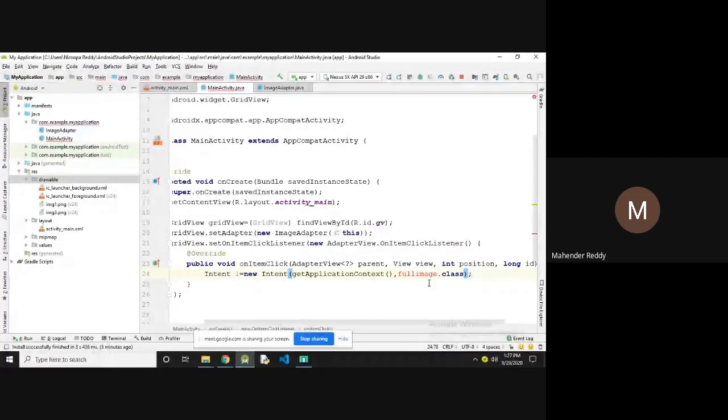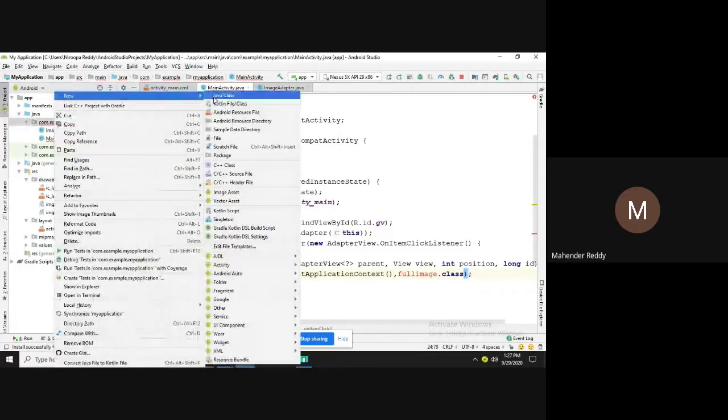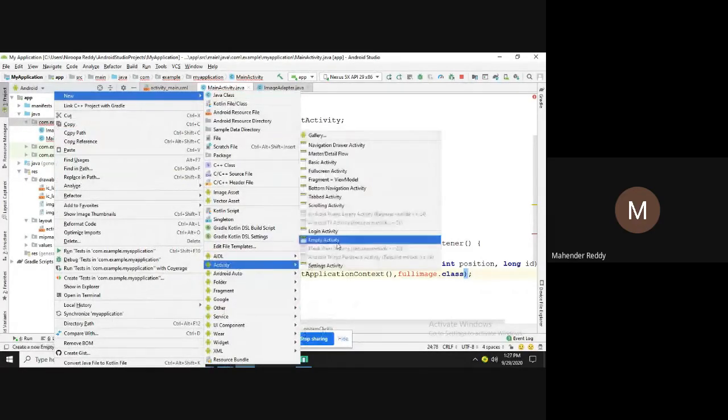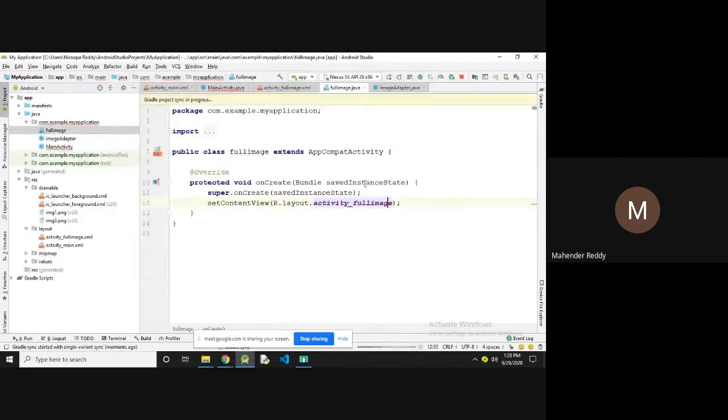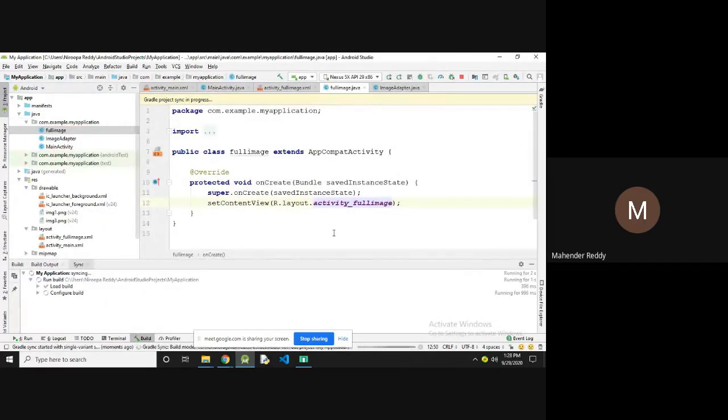So I'm going to call this FullImage dot class. For that I'm going to create FullImage dot class as a new empty activity, and I'm changing the name to FullImage. The activity name is activity underscore full image. Now the activity is going to be created.